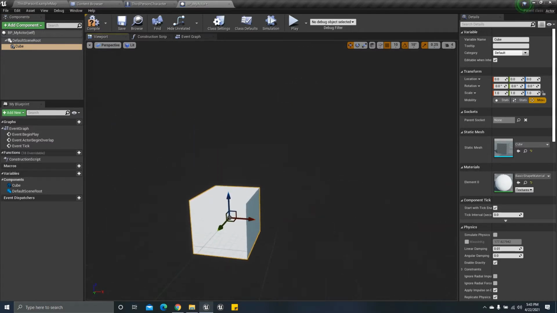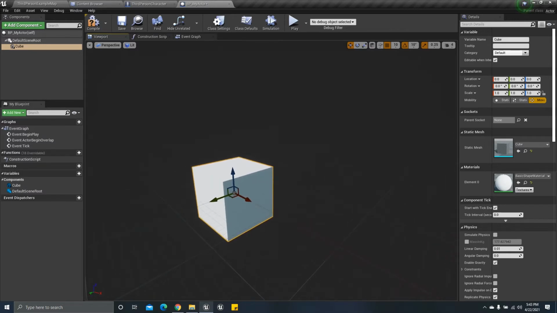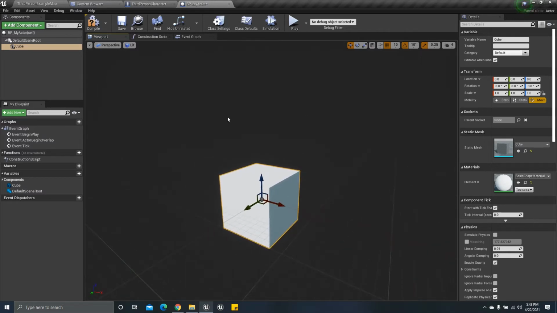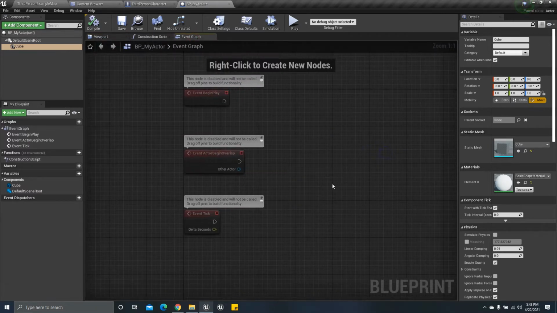I am navigating with the ASDW keys, holding right click on the mouse. You can see in the viewport we have this cube in our blueprint. Whenever I place this blueprint into the level, this cube will be visible there. So let's jump into the event graph.